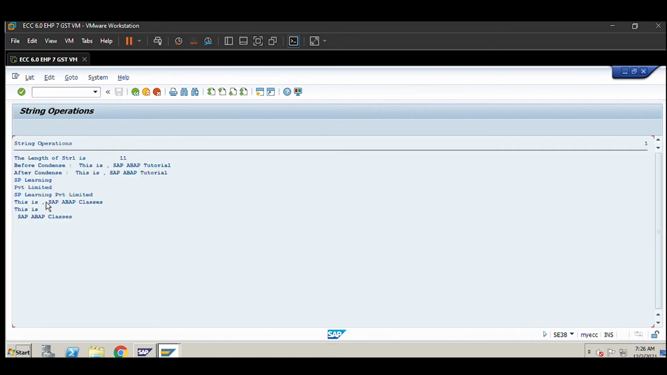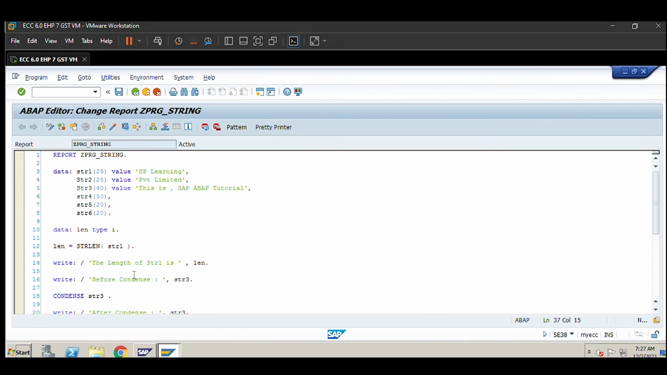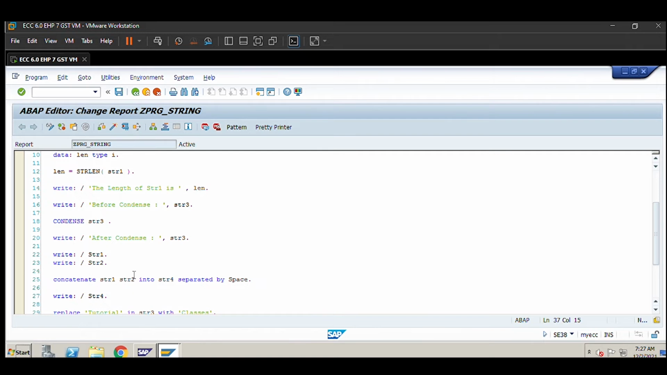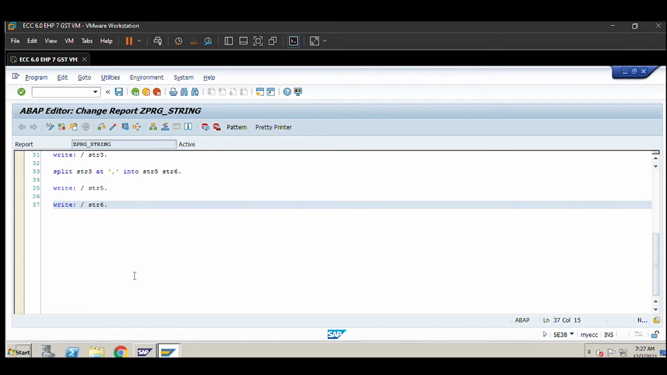See here. So we have a comma in the above sentence. Okay. So what are we doing? We are splitting into two parts. This is and SAP ABAP. So where there is a comma, we are going to split this into two parts, right? That is what split does. Next, we are done with string length, condense, concatenate, split, replace. Yeah. Next one is